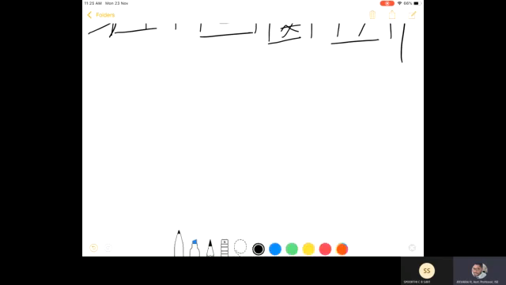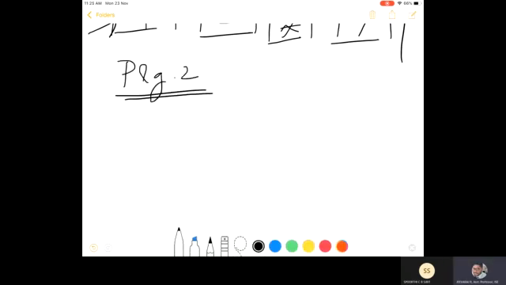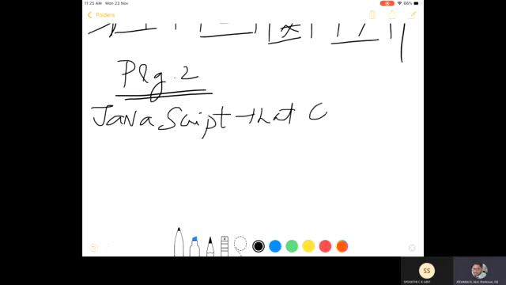See here, Program 2. You have to write a JavaScript that calculates the squares and cubes of numbers, and it should be displayed in a table format. That is the task of the program. The program tells you that you have to write a header tag, or the value should be displayed in a header, and your title should be there. We'll write the title first.